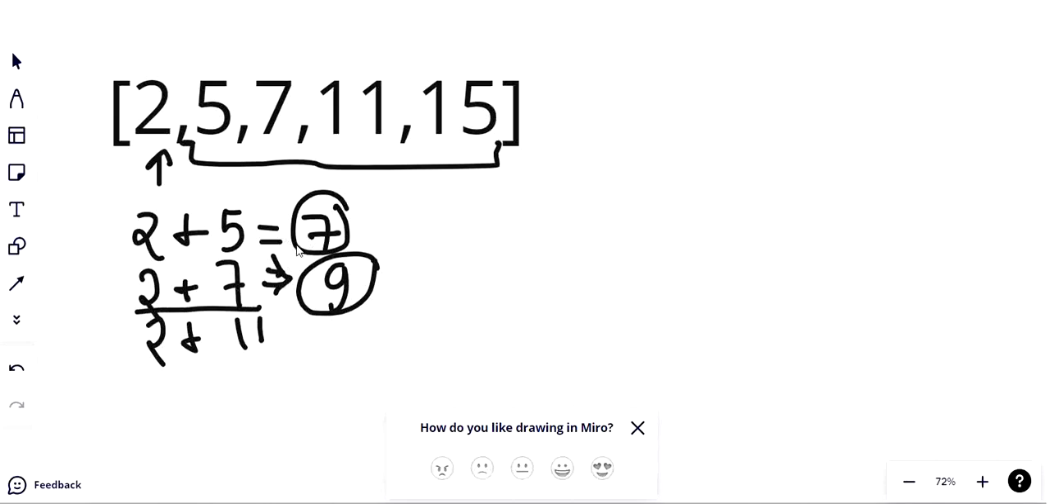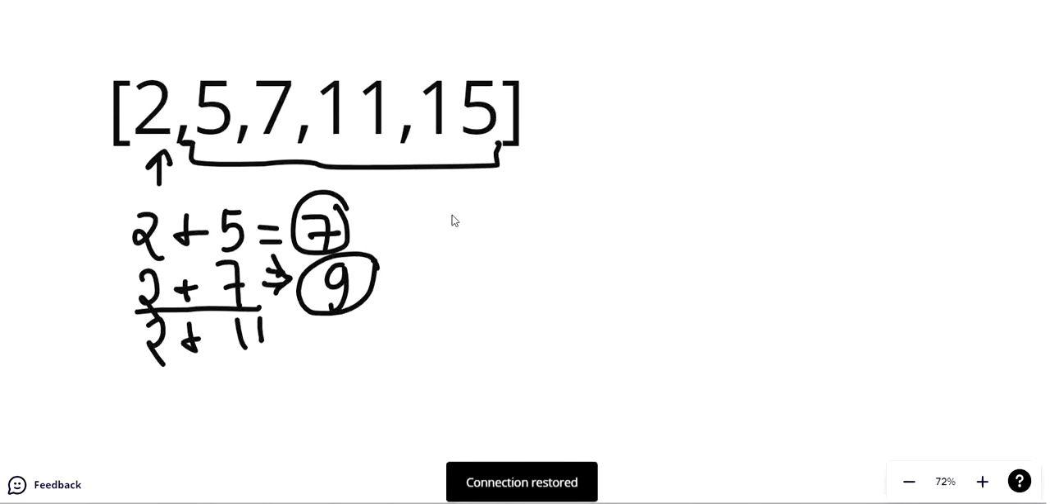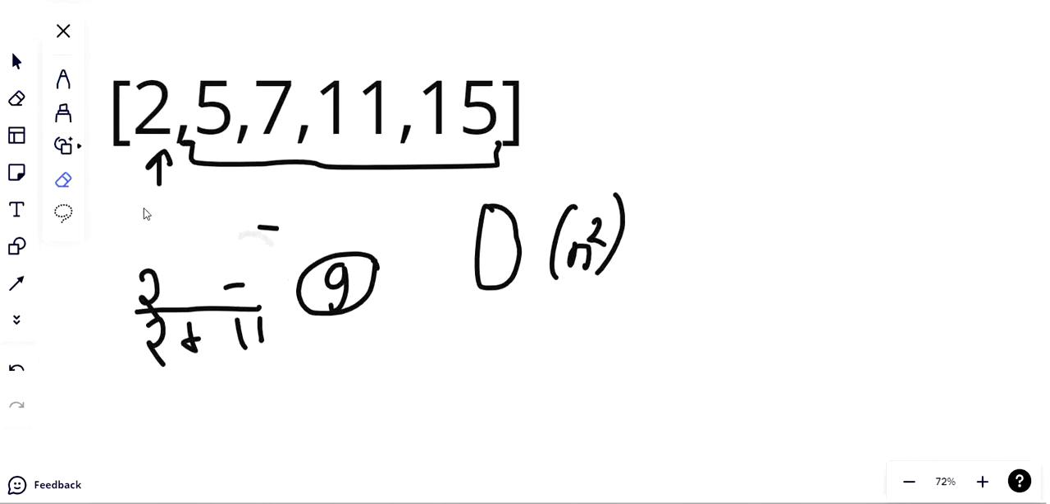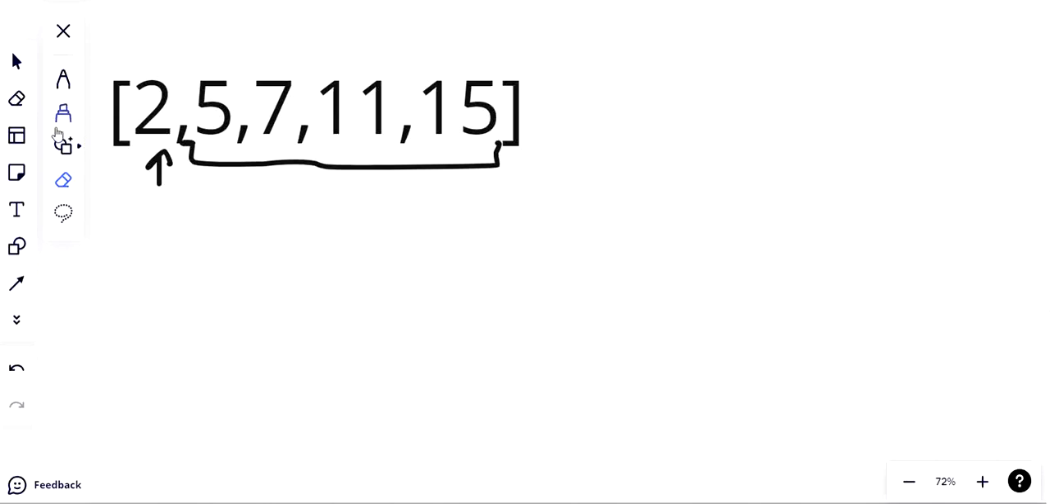But if we look at this question, we can see that we are traversing the whole array twice. It will be big O of n square for us to find a solution. So we can see this is not the most efficient solution. So how can we find a more efficient solution? Not the most, but at least more efficient than this one. So what we can do is